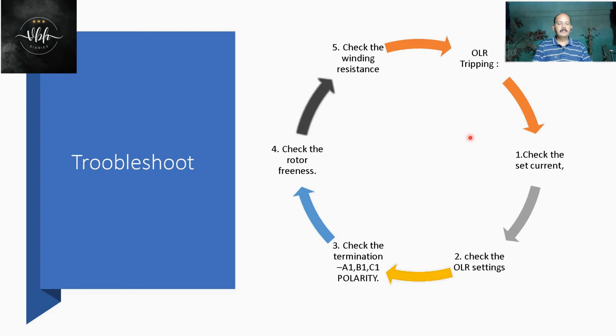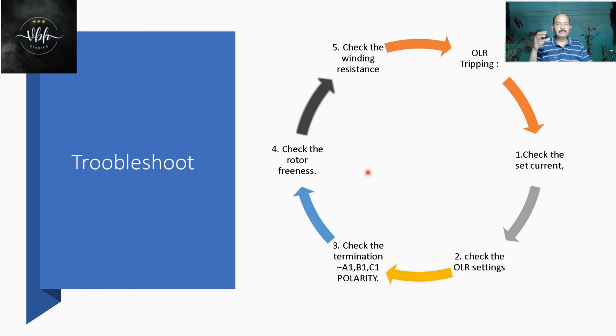And check the termination. On the motor terminals we have A1, B1, C1, where we need to connect the right sequence. The phase angle should be there, and polarity we need to connect correctly. If you interchange that, the motor may go in the reverse direction, and because of that, unbalanced load or undercurrent, it may trip. If you have a single phasing preventer, that also acts and it will trip. Because the motor is not reaching the required load, to protect the motor the OLR has the intelligence to trip. And the fourth one, check the